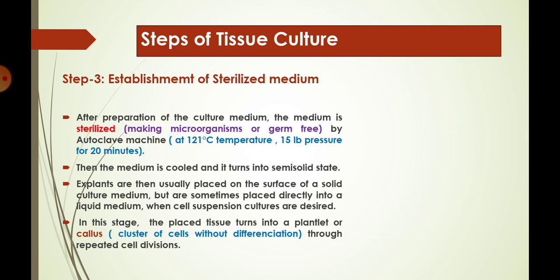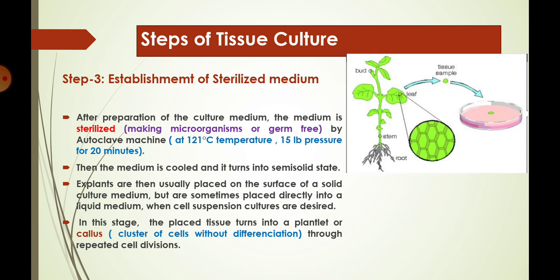The next step is the establishment of sterilized medium. After preparation of the culture medium, the medium is sterilized. What is sterilization? Sterilization is making it microorganisms or germ free. It is done by an autoclave machine. An autoclave machine is a complex machine